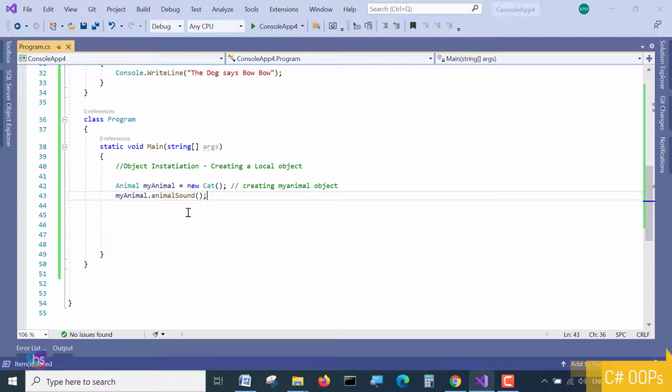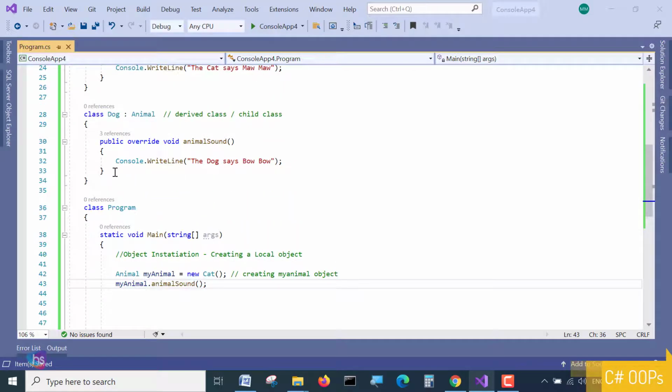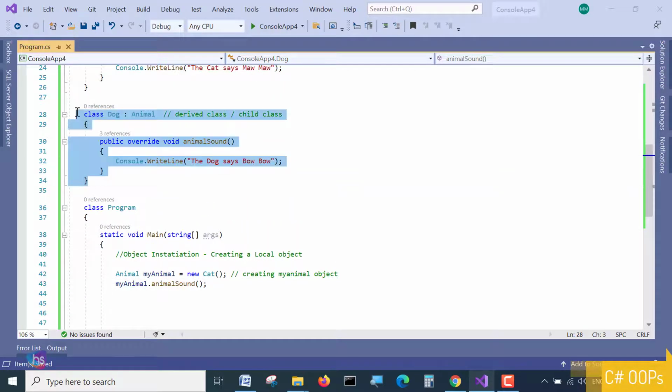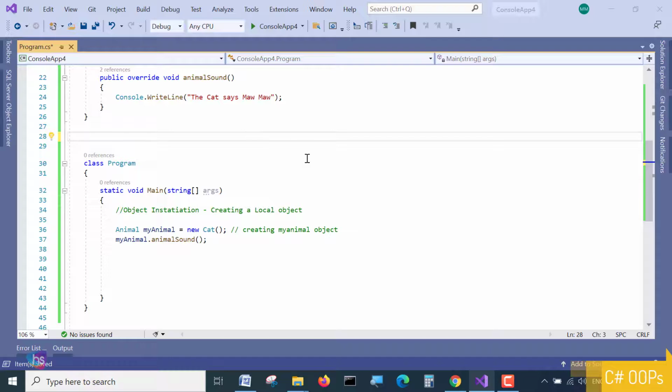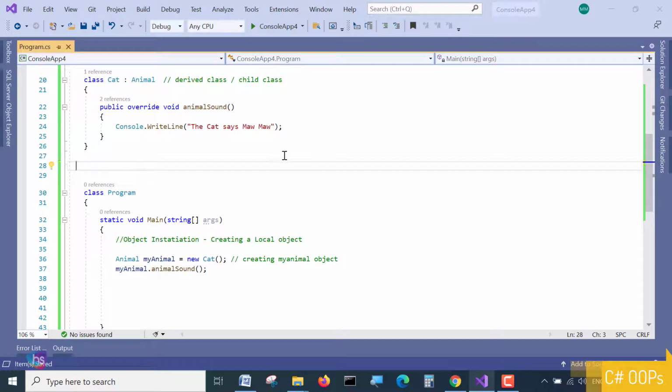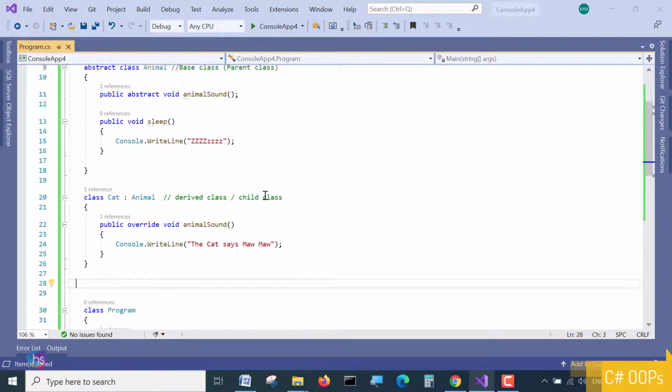Call the abstract method that I just defined as an abstract method. I can remove this dog also to avoid confusion. Don't worry about it. I'm calling this particular AnimalSound here, the abstract method, this one.